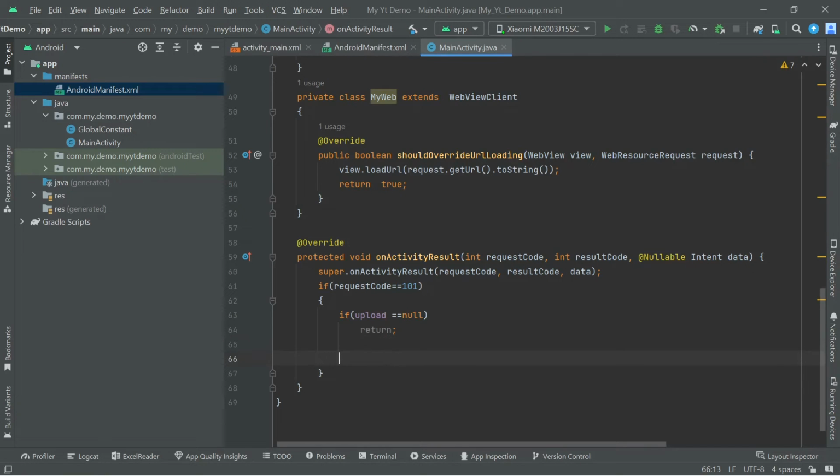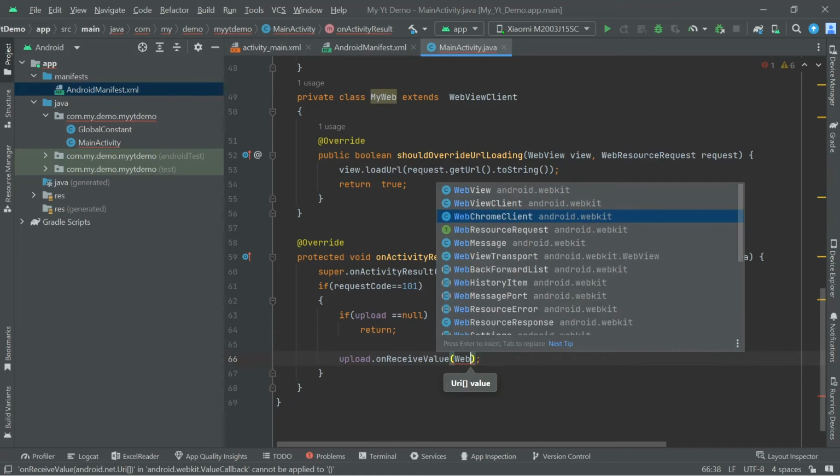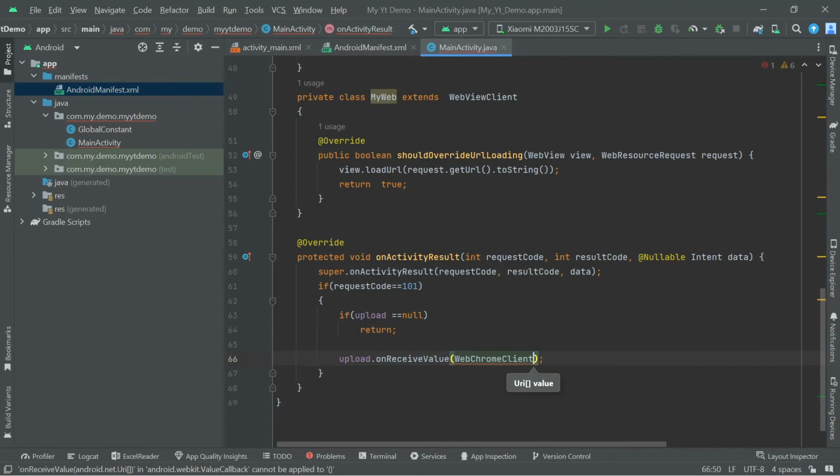Else, upload dot on receive value, web chrome client, web dot file chooser parameter